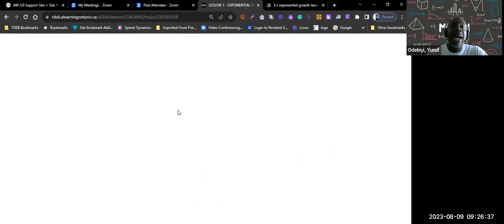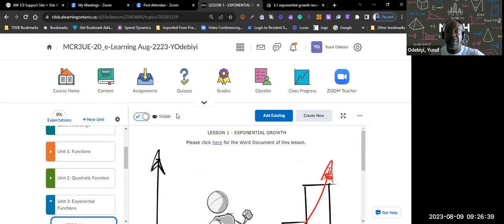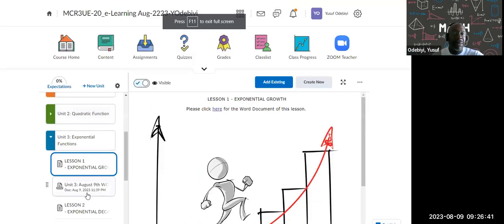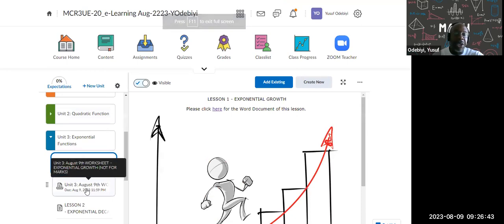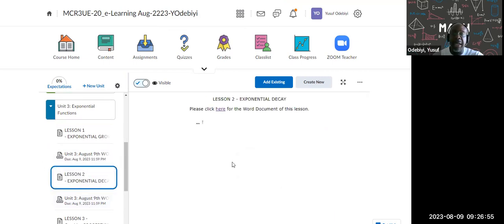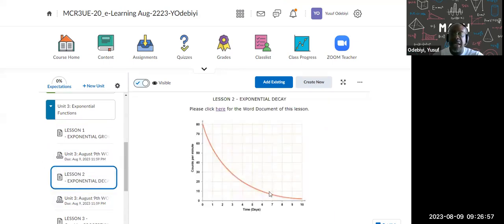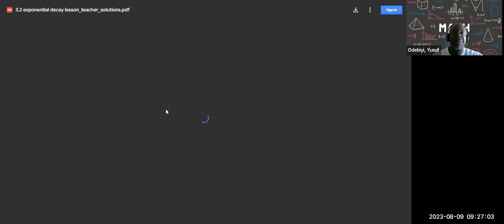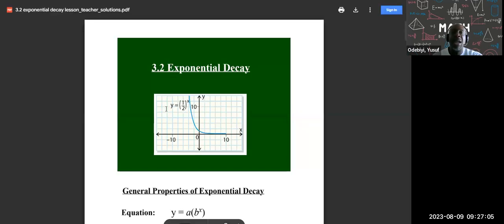Let's go back. Here are worksheet questions, again, for no marks. It says there, not for marks. So you can work on it. You should work on it because that's how you're going to know. And here we're going to talk about decay. Again, worksheet, not for marks. So let's look at decay. So I can see decay is coming down. Let's look at that video. But it's no video. I mean, let's go through the worksheet. My bad, not the worksheet. The lesson.